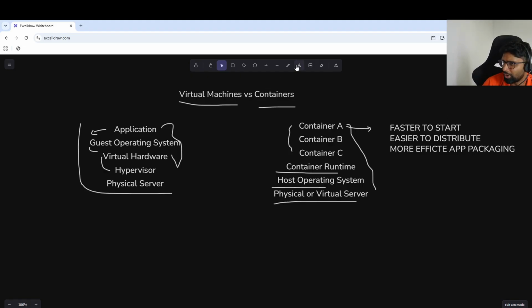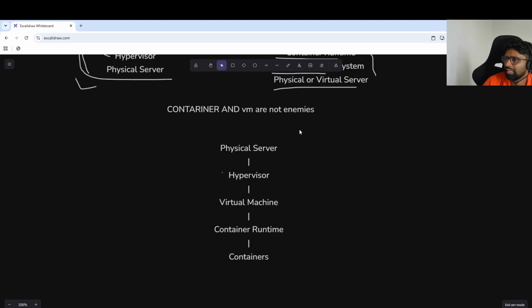One more important point I would like to add here: containers and virtual machines are not enemies. Even today, many companies and many projects are running on virtual machines. In many companies, in many different projects, we have a physical server followed by a hypervisor.